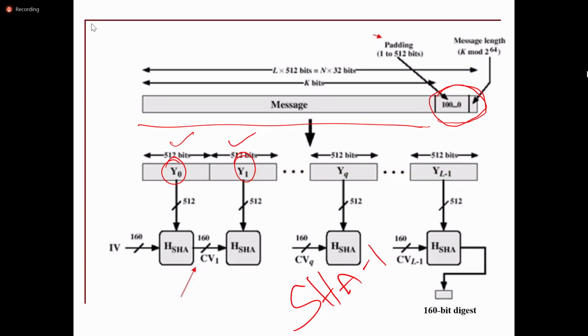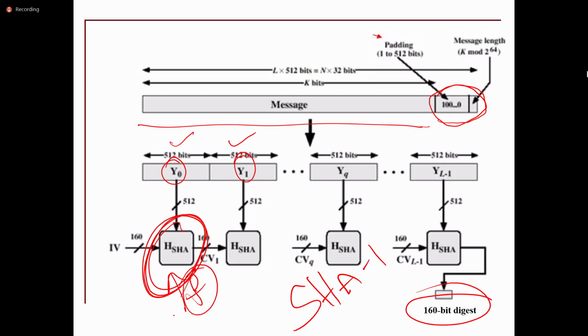Okay, so in the SHA-1 algorithm, it is going to take fixed length messages and finally it is going to produce the 160-bit digest. So this here, H-SHA is there, right? That is the algorithm. So internally, how it is going to apply the compression function and all is the algorithm.